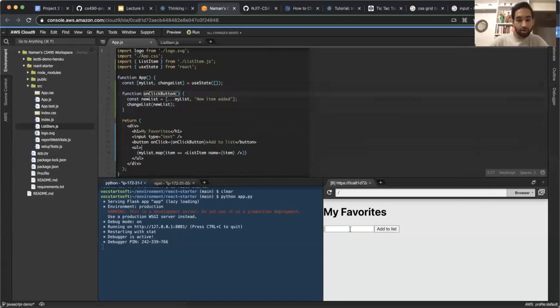So I'm going to refresh, and then I'm going to type something in. And what we would expect is every time I click add to list, a new item should be added. So I clicked it, new item added, and here you can see the UI is automatically updating whenever you've changed your state. So this is cool. One thing actually, which is a better practice beyond that, is in change list, you're going